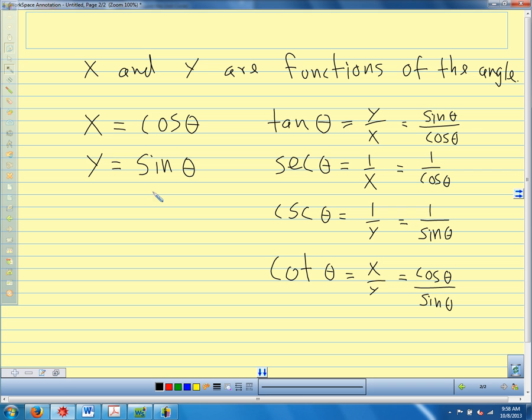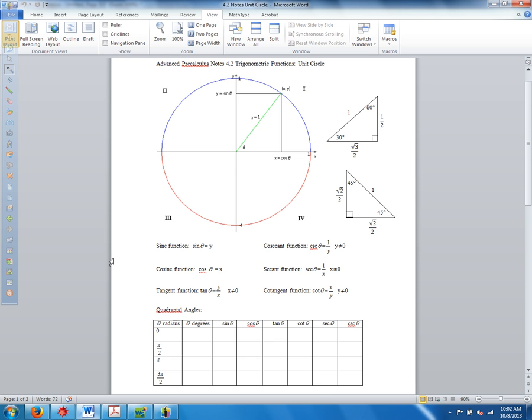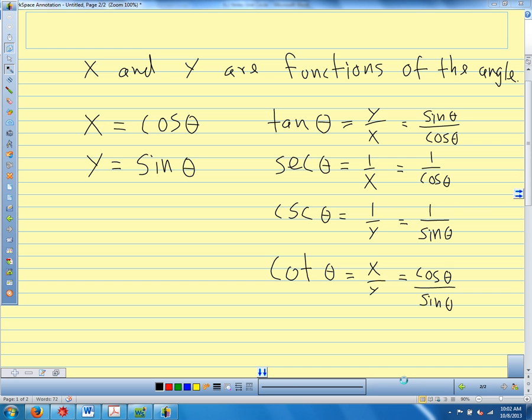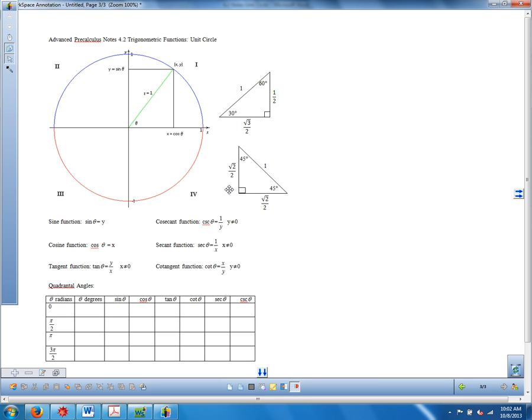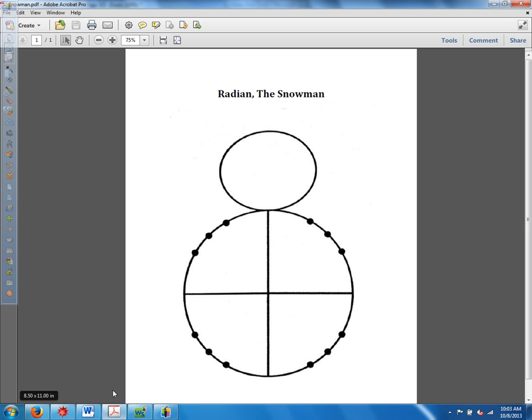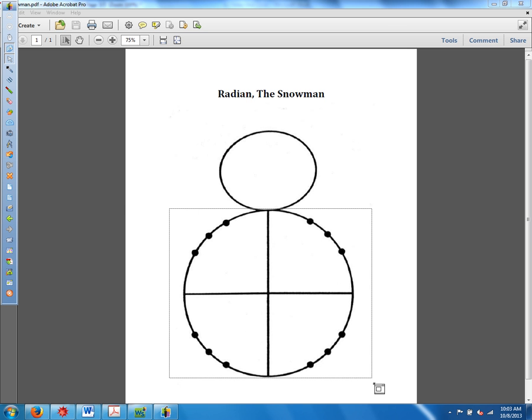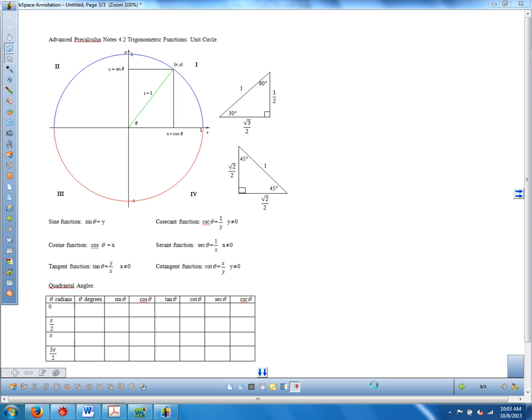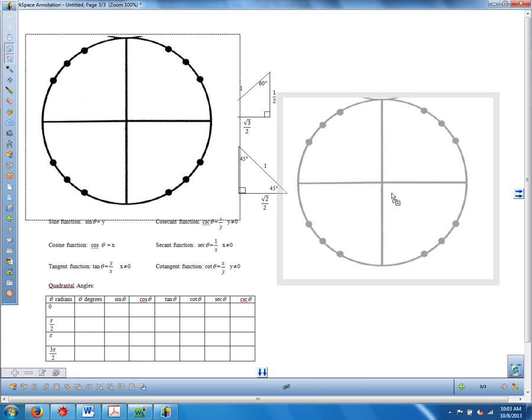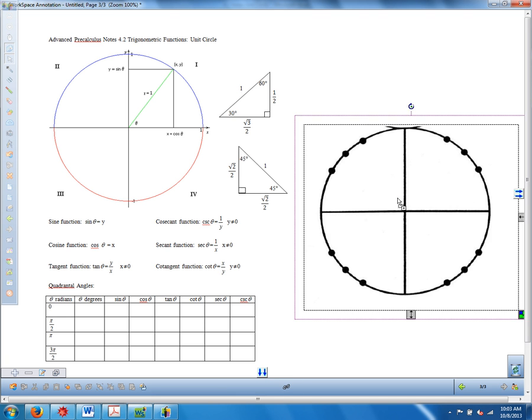So let me grab a couple pictures here. So here is one page of your sheet there. And then I'm going to grab Radian, the snowman, and I'm going to put him next to that. So we're going to work on filling in both of these sheets using what we know